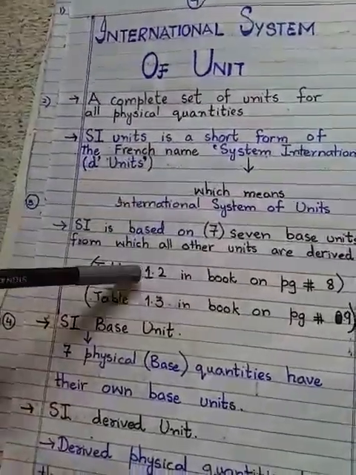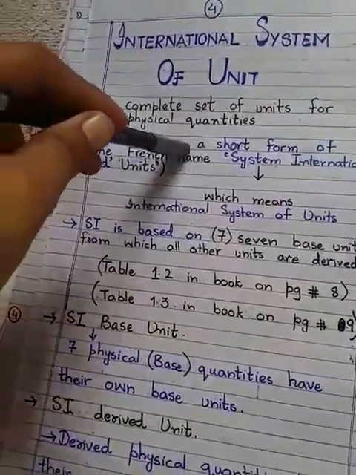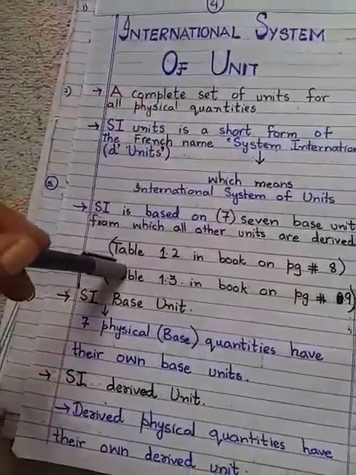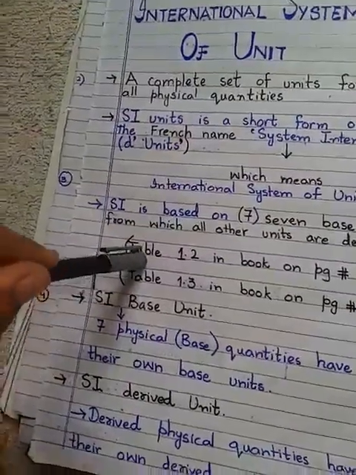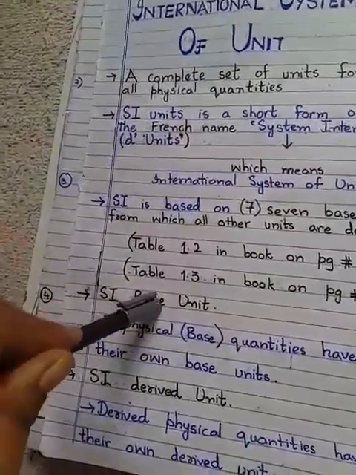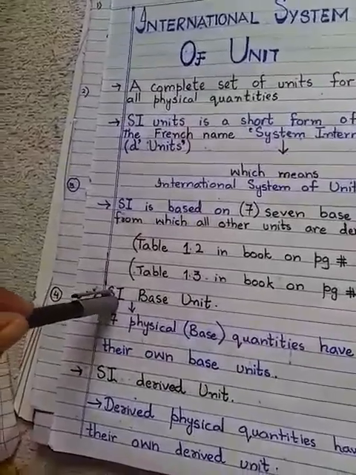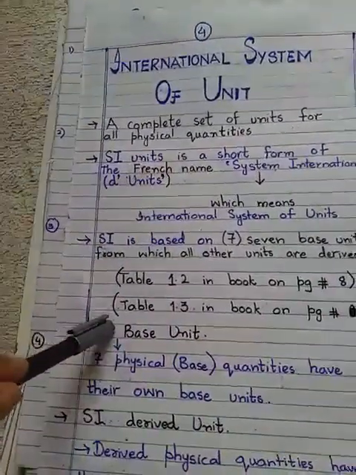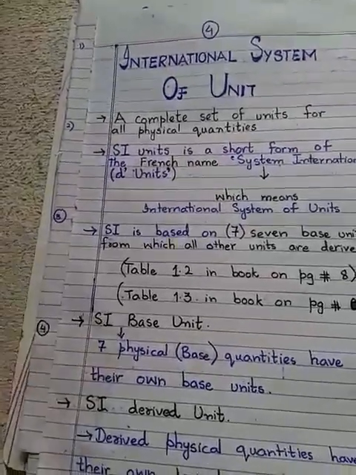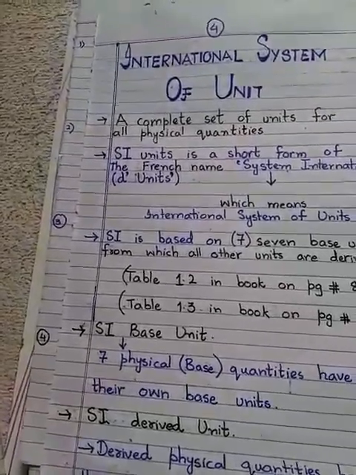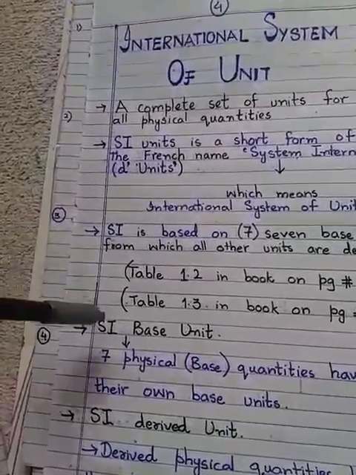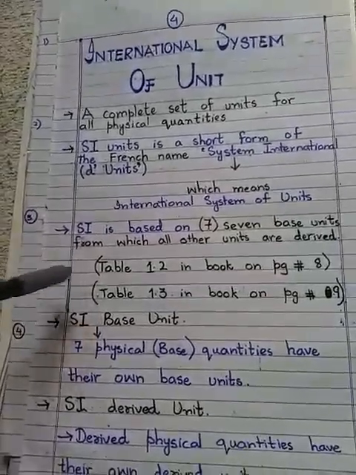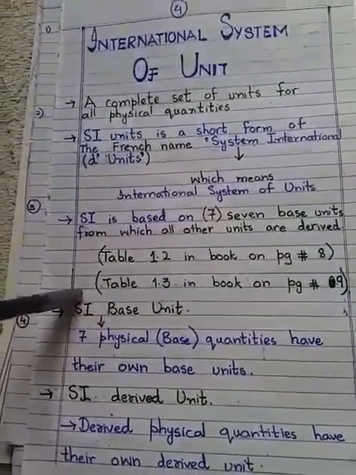Before the System International Unit, girls, all countries used their own systems of units, such as CGS. And FPS was also a system used before it. But this System International Unit is applicable throughout the world, and it is very convenient for daily use. So nowadays it is more commonly used.